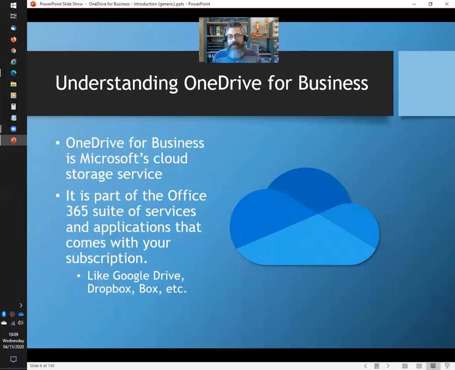Lots of companies have cloud storage nowadays. OneDrive has actually been around for a lot longer than you might realize, though it has gone through a variety of different names over the years and changes to the service. It's not that interesting unless you're a real nerd, but it's not that new. But overall, yes, it is part of the Office 365 suite of applications that you get